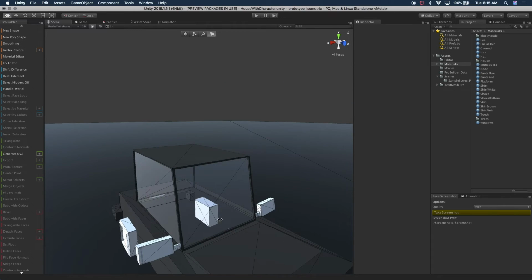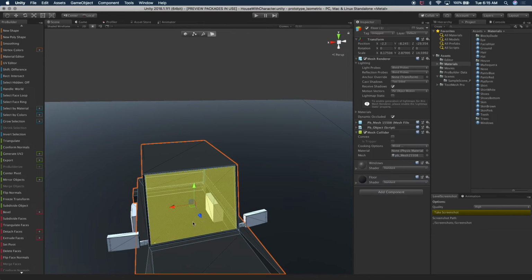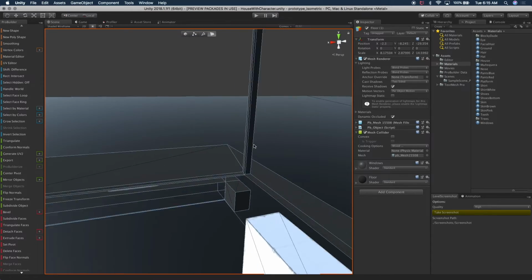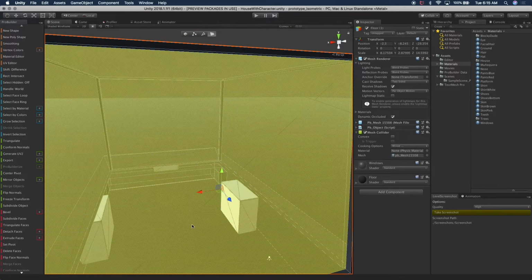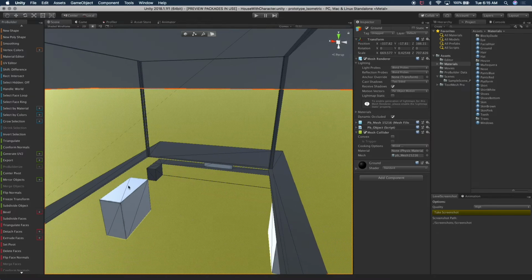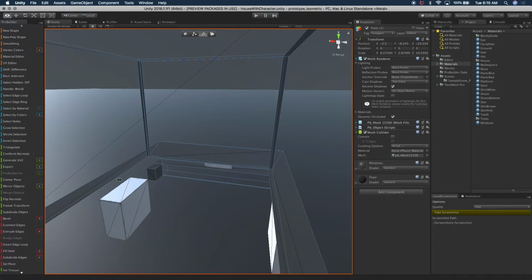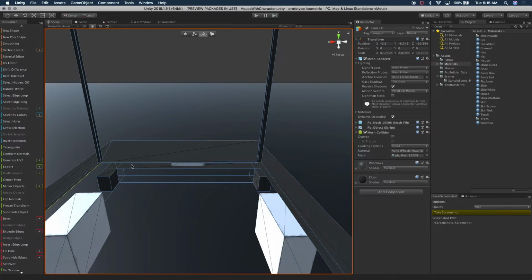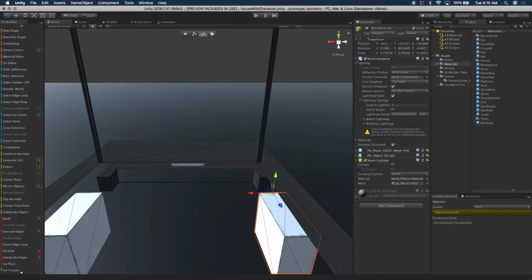The reason for that, see, it looks like we're actually gonna go inside of this car. It looks like we don't have a face inside to hide that. So I'm going to go into edge mode and select the two edges on each side. So I'm going to select,